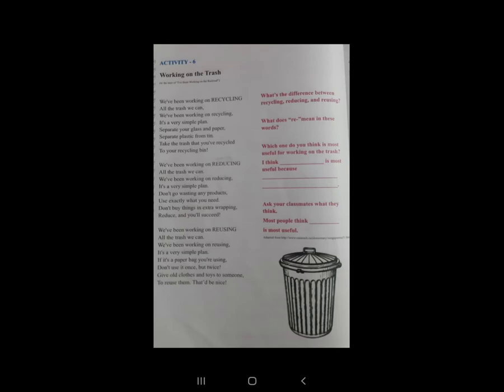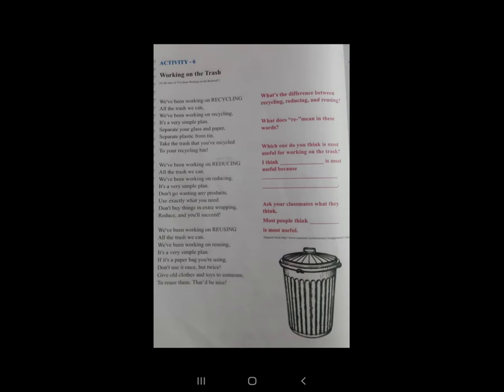First, the poet says that we have been working on recycling all the dress as much as we can. He says that it is very simple. We have to separate all the dress and glass and papers, plastics from tin. We have to take the recycled dress to the recycling bin. And in the next, second stanza, the poet says that we have been working on reducing the dress as much as we can.